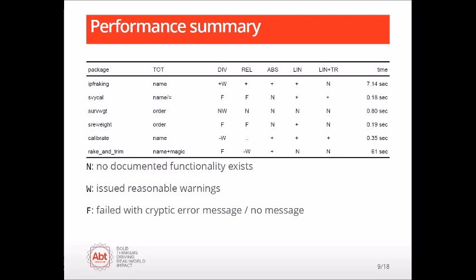So some of the packages just failed, just refused to produce anything. For instance, this survey weight package said that your population totals are on different scales, and I refuse to produce anything. At least it's explicit in doing that. Other packages would try to do something, but they would fail. Some would fail with cryptic error messages. Some would say convergence not achieved. And as a user, I would like to see more